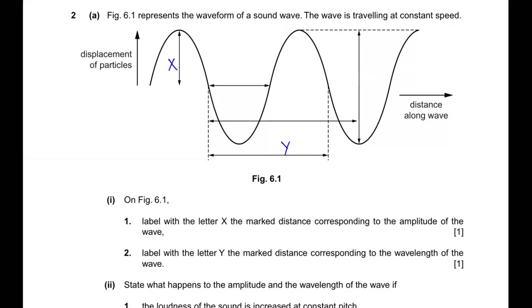I thought the wavelength was measured from one crest to the next crest. But here, from this crest, the wave is not completed. It's a half wave. Oh, so the wavelength is half. Okay, so if this diagram were a complete wave, then I would say yes, this is a wavelength. But let's measure the distance from here till here. If you measure it, it's a complete wave. Yes.